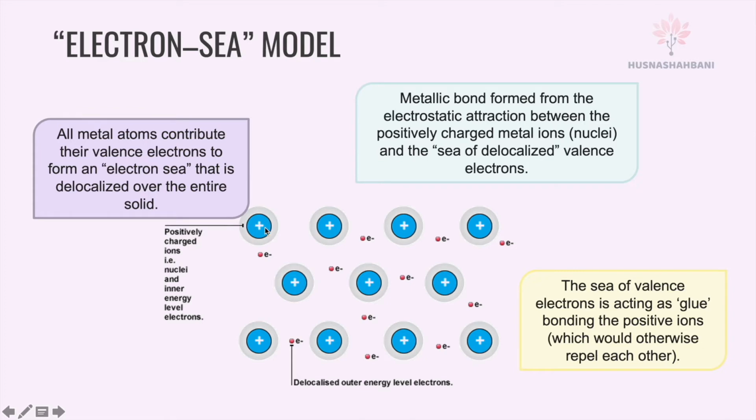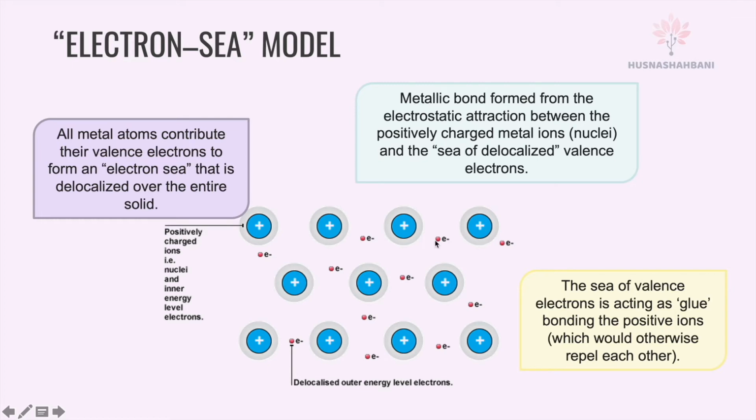This is the positively charged ion, the nucleus, positively charged ion, nuclei, and inner energy level electrons. This electron is just the valence electron. Since one valence electron for each atom means this is electron sea model for group 1 metal. Metallic bond formed from electrostatic attraction between positively charged metal ions, nuclei. So this is positively charged metal ion, and the sea of delocalized valence electrons means this positively charged metal ion